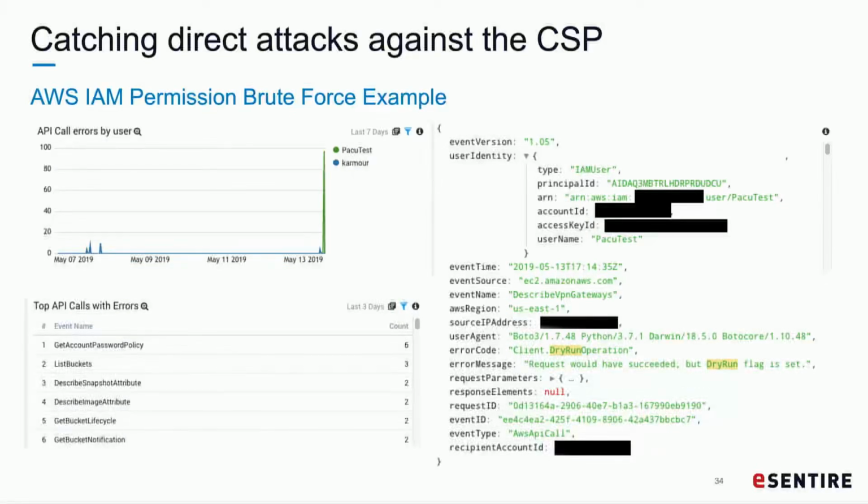The bottom left is all of the different calls that it made. And you can see no one call makes up the majority. It is sorted by count. So that's pretty consistent with someone trying to see what permissions they have for every call they can make. And on the right, there's a call. This is the actual log as it comes through. It's in JSON format, but they used a dry run operation. It's a flag you can set when you're making these calls. There's not really a lot of practical use in a production setting for them. It's really either used for testing or this, in my experience.